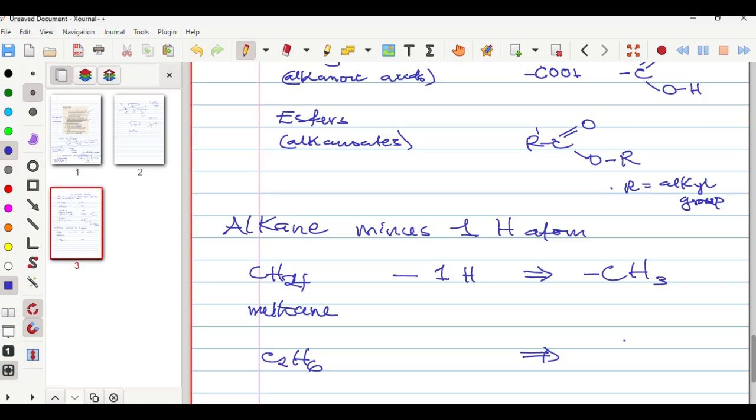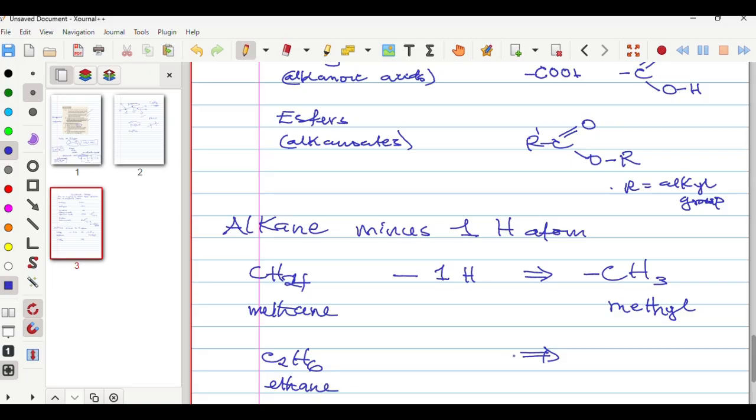I'm asking anyone. It's going to be C what? Can you please repeat the question, sir? For methane, we said the alkyl group is methyl, and the formula is CH3, a bond to CH3. Now